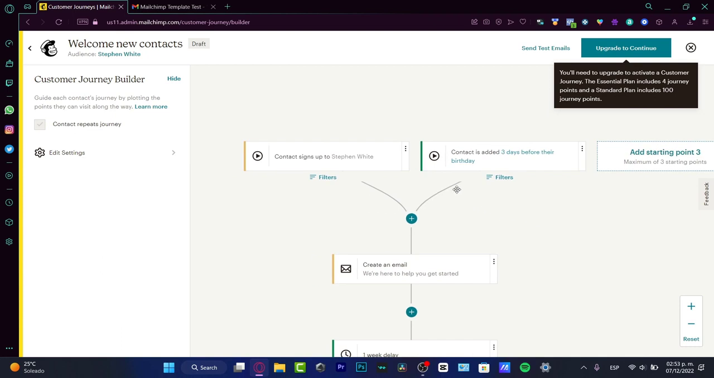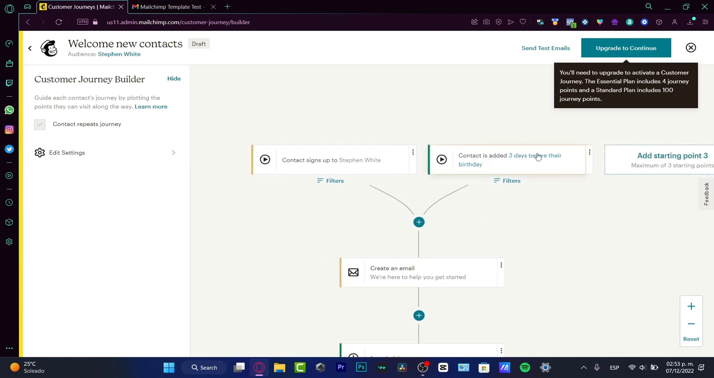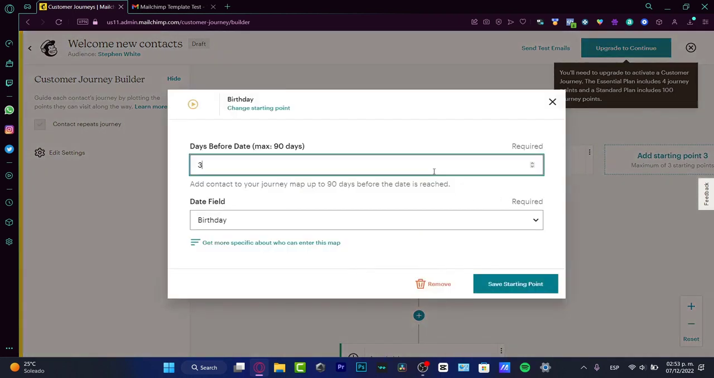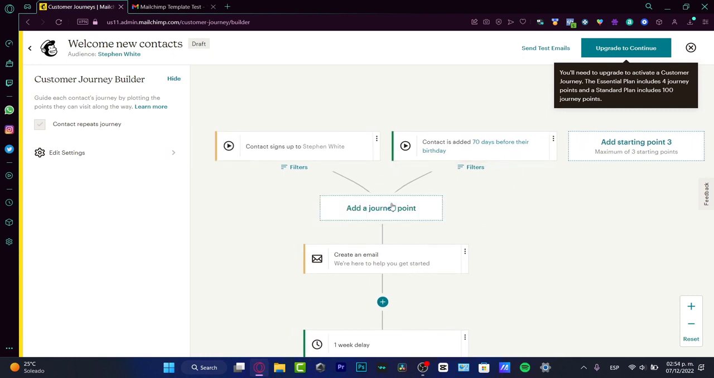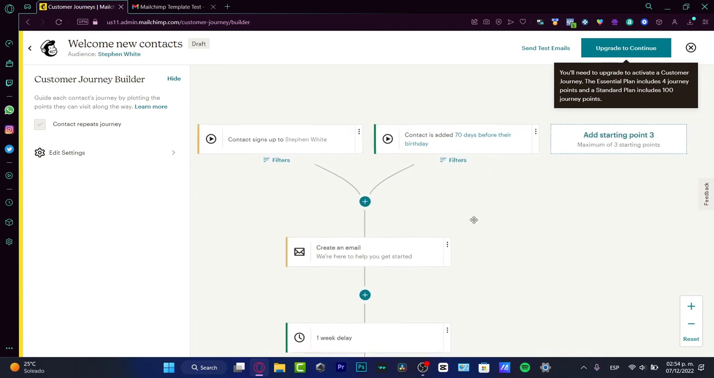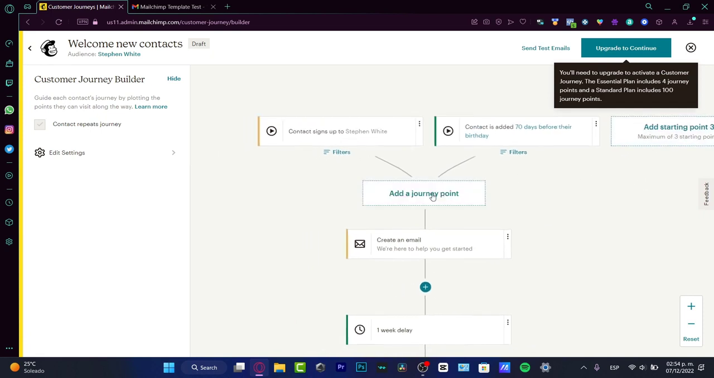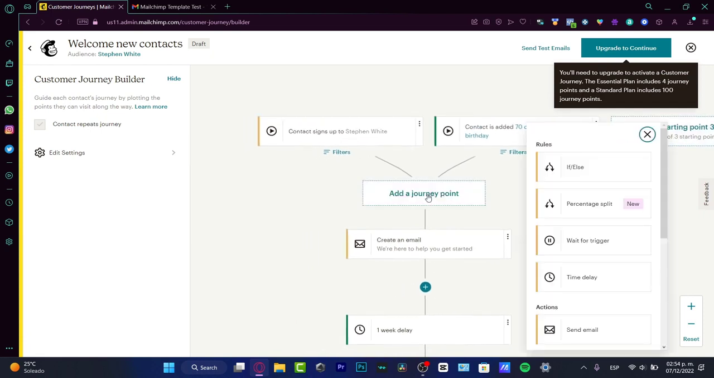So there you go. So contact is added 3 days before the birthday. So if I choose, for example, 7 days, if the contact is added 7 days before the birthday, I can send an automated email to this guy, just saying happy birthday. If you want to choose another starting point, you can choose that in here, but I want to choose a journey point, so I'm going to choose the time delay